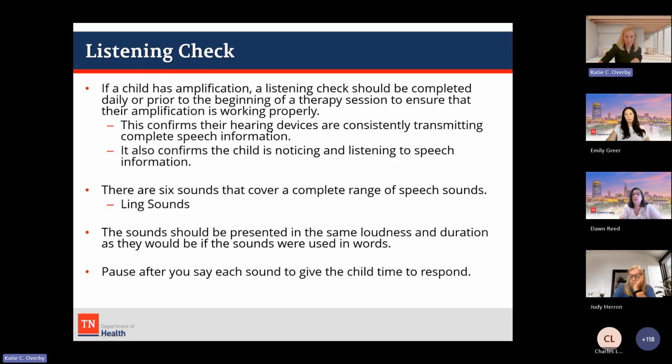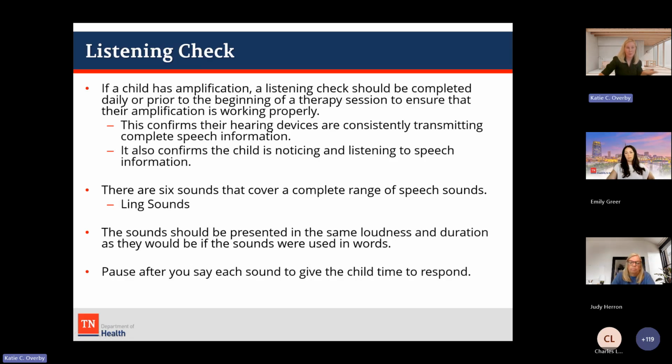And then you want to give the child wait time. This is going to work best for a child that is able to go back and forth with you. But sometimes even infants and younger kids will have those startle reflexes or their eyes will react, or they'll stop sucking on their binky or their bottle. And then you'll be able to know that they're working, especially if you don't have any way to actually listen to their devices. But it's a good way to ensure that they have access and that you're not asking them to produce sounds or language that isn't accessible or audible to them.